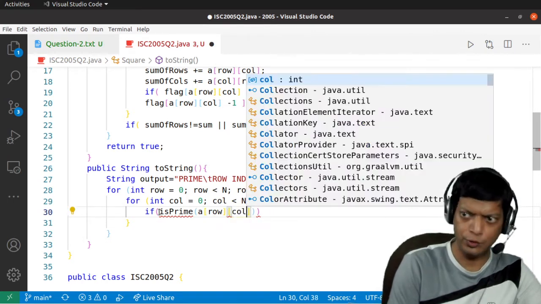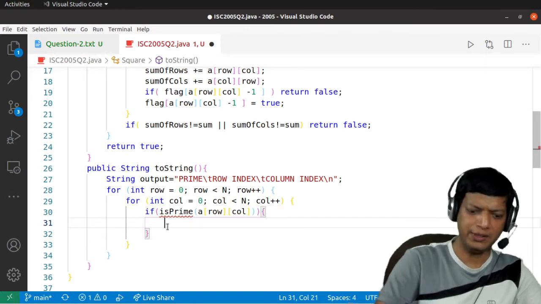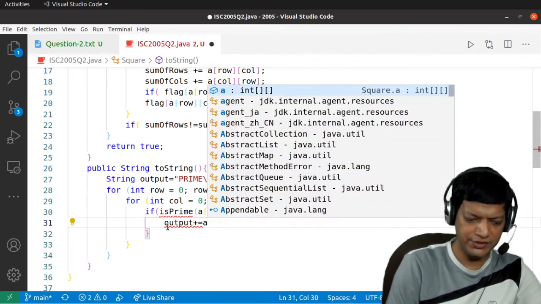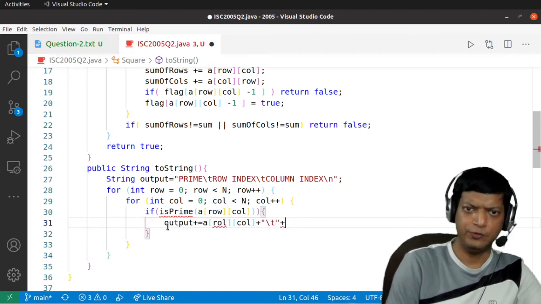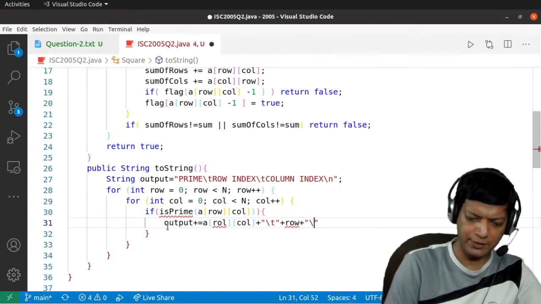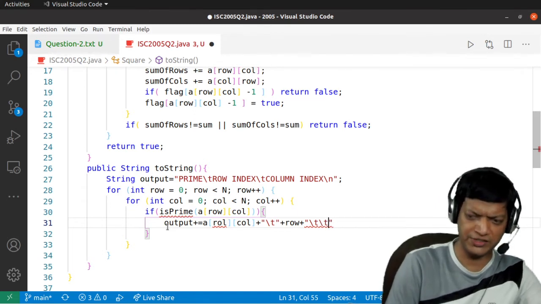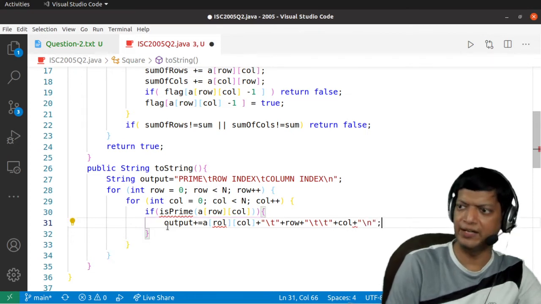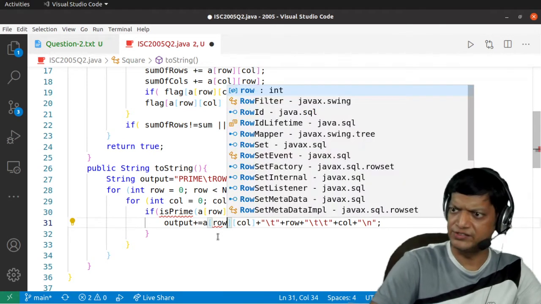So if row col is prime, then we want to form the output, and the output plus equals, we'll have to first display the number, that will be followed by \t, that will be followed by the row, that will again be followed by a \t. In fact 2 \t's because the messages are long, so \t, and then we'll add the column, and finally at the end we have a new line. So once this whole output is formed, this is row not rol,